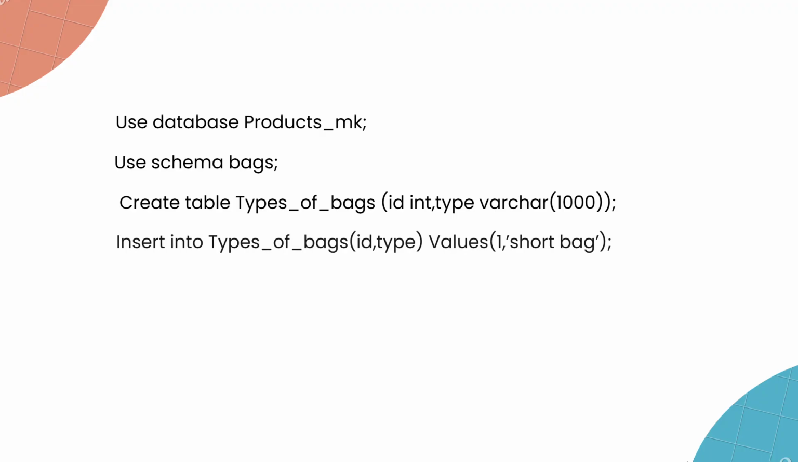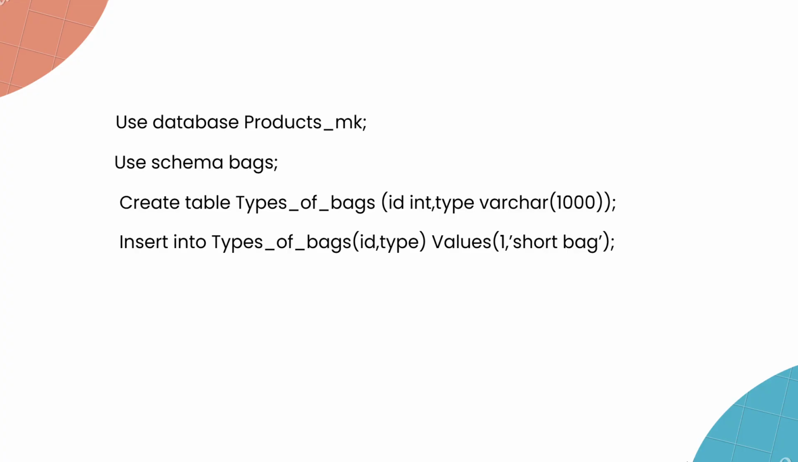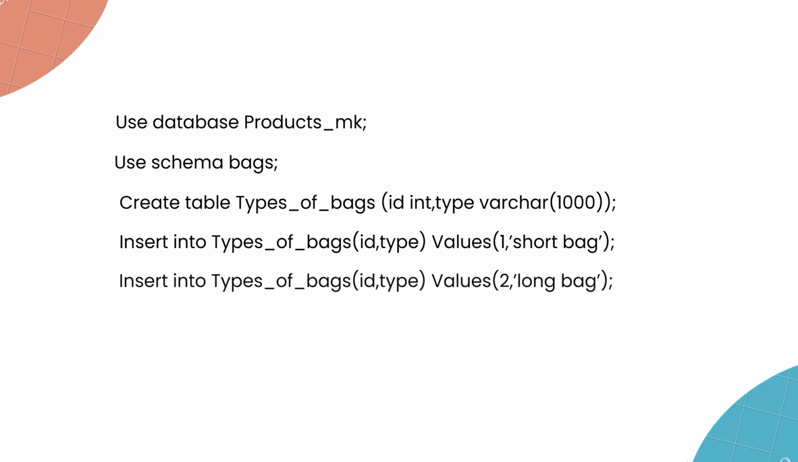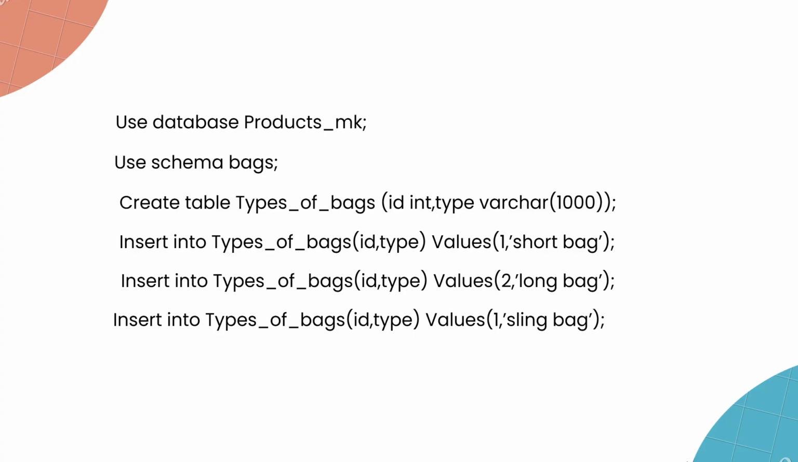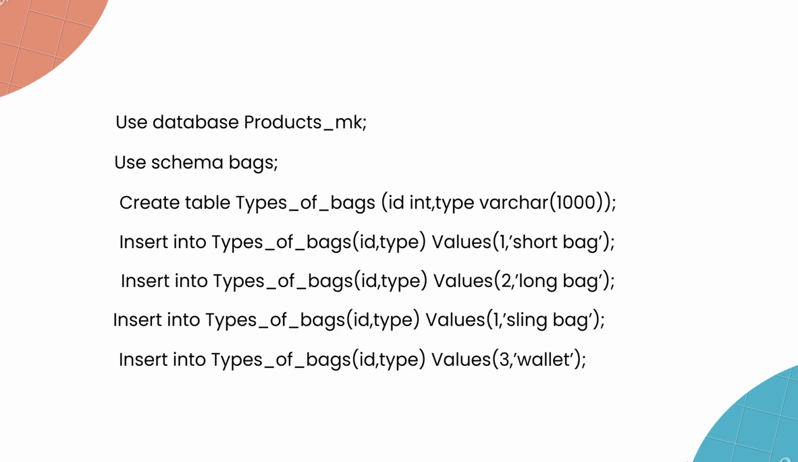INSERT INTO types_of_bags (id, type) VALUES (1, 'short'); INSERT INTO types_of_bags (id, type) VALUES (2, 'long'); INSERT INTO types_of_bags (id, type) VALUES (1, 'sling bag'); INSERT INTO types_of_bags (id, type) VALUES (3, 'wallet'); INSERT INTO types_of_bags (id, type) VALUES (4, NULL);